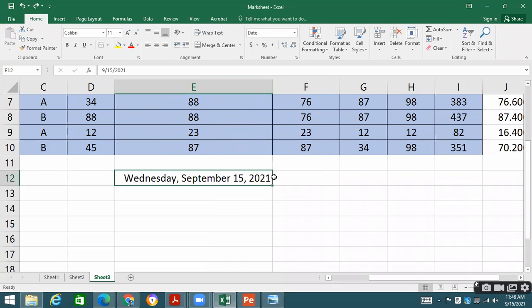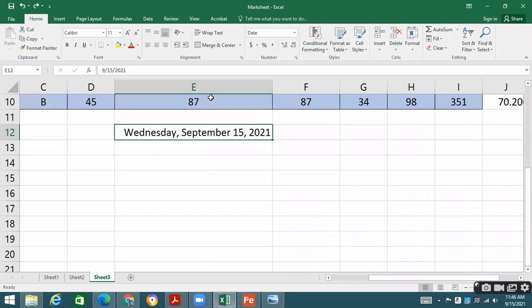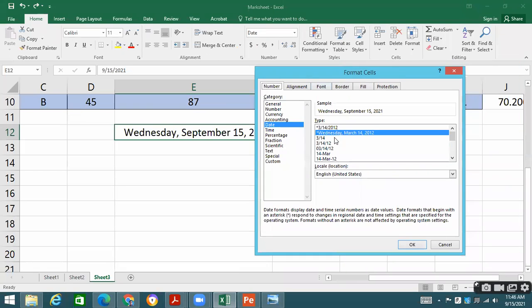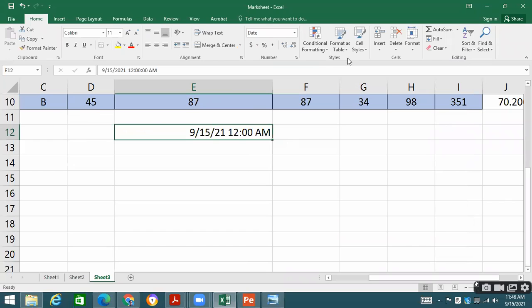This option: if you have got the date in your document and you go to this option, you want to change the format. We've got different formats available over here. You can choose any one of them according to your requirement. Let's suppose you want to print the time as well in this format, so you'll take this option. It is going to show you the time as well.